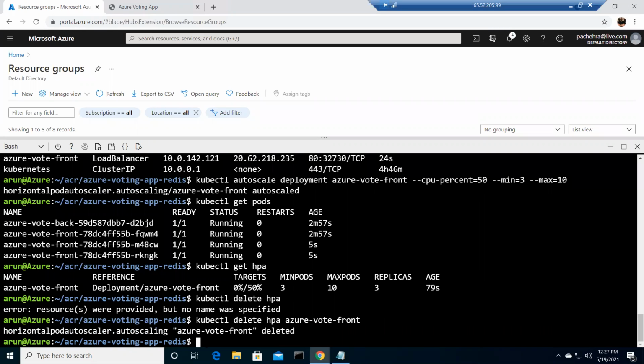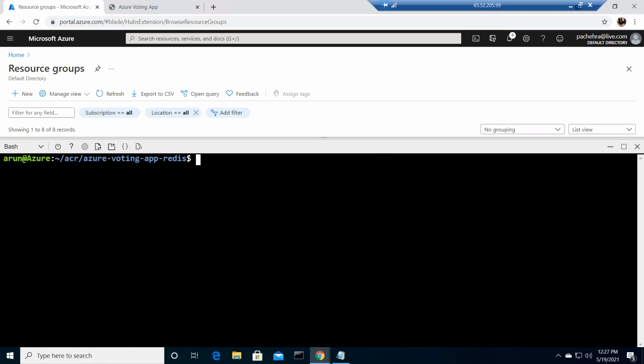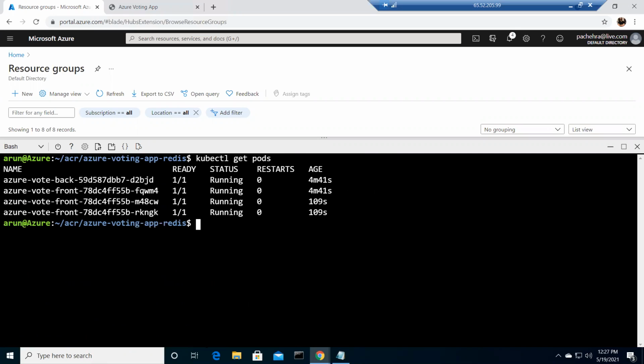Okay, now it's deleted. What do you think? How many pods do we have now? Well, if your answer is 4, I think you are correct because it's already there. Now, if I do kubectl apply -f and our manifest file, this will make it,